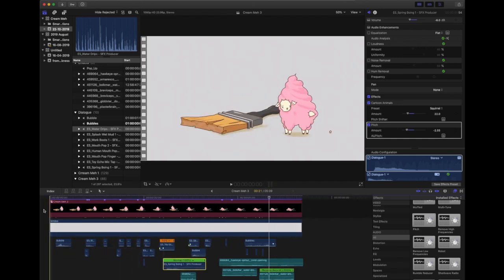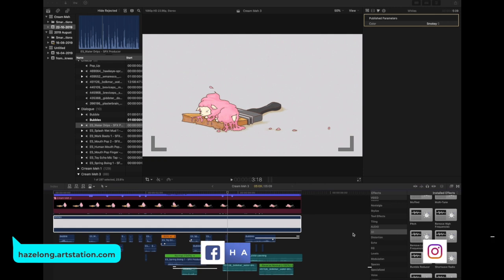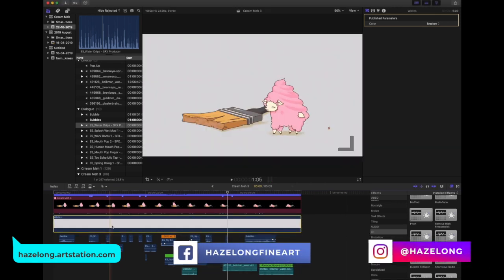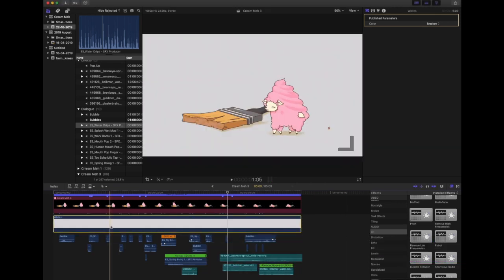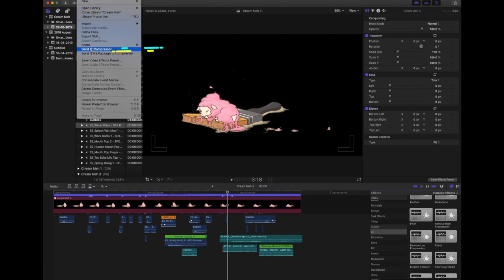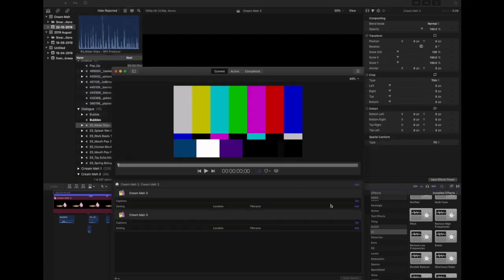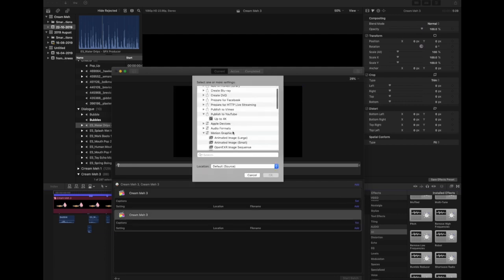Once I'm satisfied with all the sound effects, I am going to export it as a movie. We want transparency in our movie, so we're gonna have to remove this solid background and make sure that the background is non-existent. Then we're gonna go to File and send to Compressor. This will launch Compressor, a video rendering program, and here we're just gonna click on Add. We're going to make sure to choose motion graphics, and under motion graphics we're going to choose QuickTime ProRes